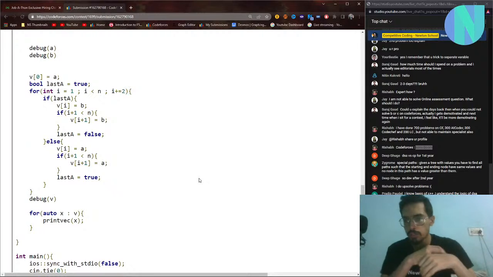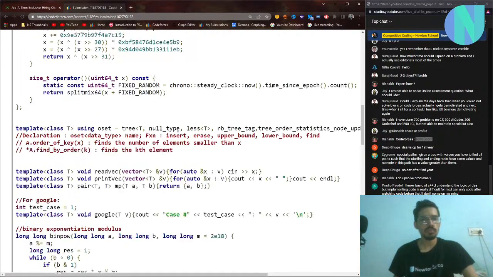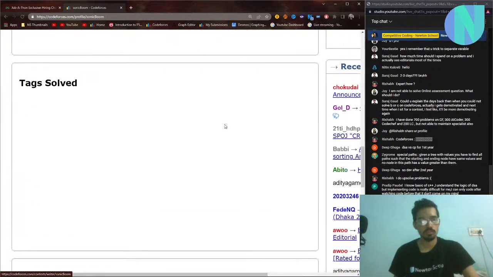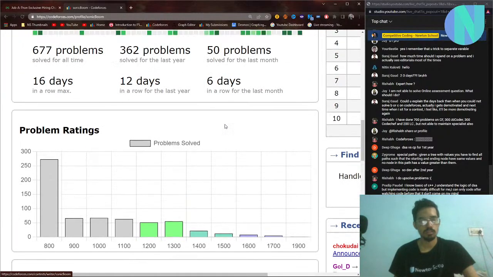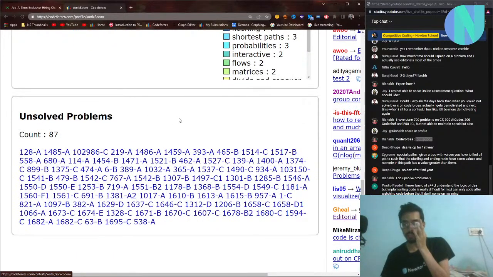I know basics of DSA, but implementing code is really difficult for me. I can only code after watching code. Before that, it doesn't come to my mind. Please give me some advice. So we go to your profile, CP analytics. I think you are able to solve problems. You just need to work on your speed. So work on your speed.